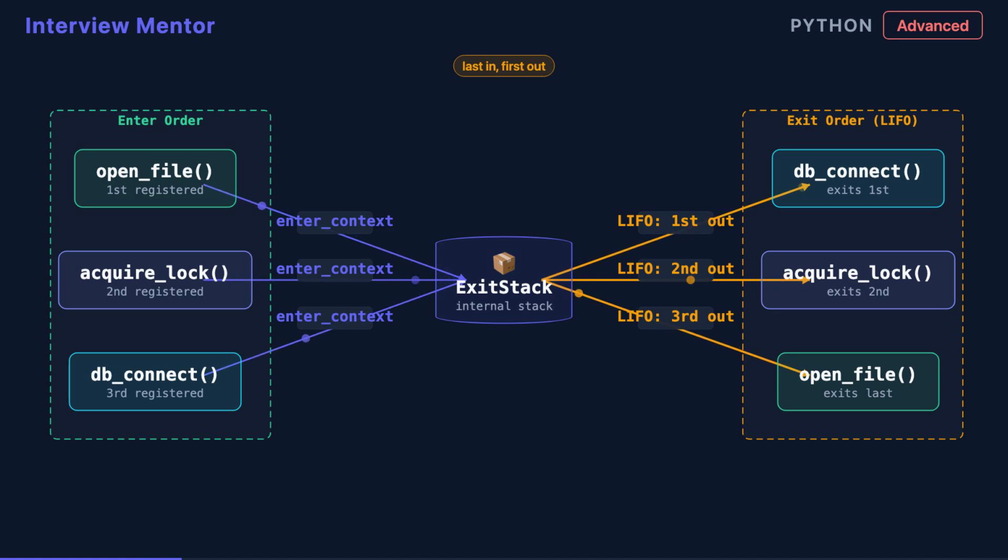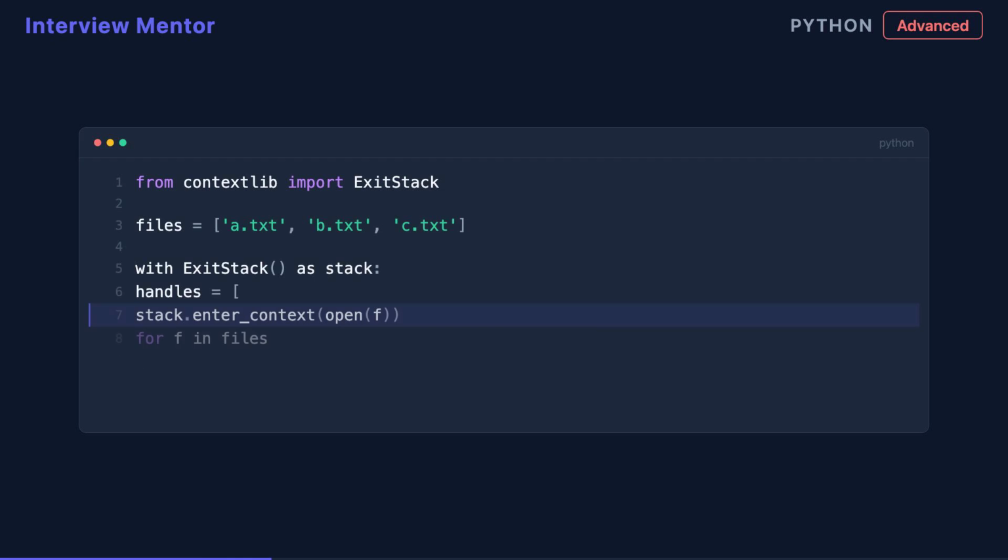Last in, first out. Calling __exit__ in reverse registration order. This mirrors manually nested with statements, but works for any dynamic count. The primary method for dynamic registration is enter_context. Pass it any context manager, and ExitStack calls __enter__ for you and schedules __exit__ for cleanup. This lets you open files, acquire locks, or connect to databases conditionally at runtime, registering only what